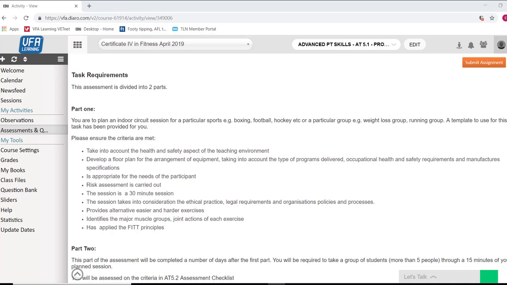In this video, we're going to look at Advanced PT Skills Assessment Task 5. So this is all based around creating an indoor circuit session for a particular sport or activity. So speak with your assessor and they'll be able to provide you guidance with this. There is a template that is provided for you to fill out and use to make this a little bit